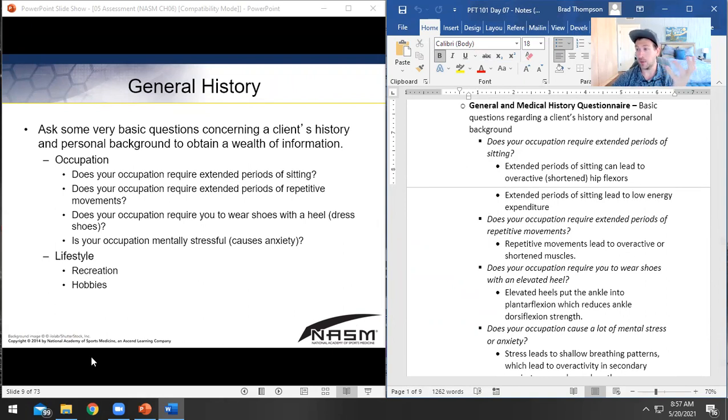What does their occupation look like, right? Do they have extended periods of sitting or repetitive movements? When we ask, does your occupation require extended periods of sitting, we know that can lead to overactive hip flexor muscles, right? Sitting puts you into a hip flexed position. Extended periods of sitting also means low energy expenditure. It means you're not going to be burning very many calories. So both of those things could explain why our client hasn't reached